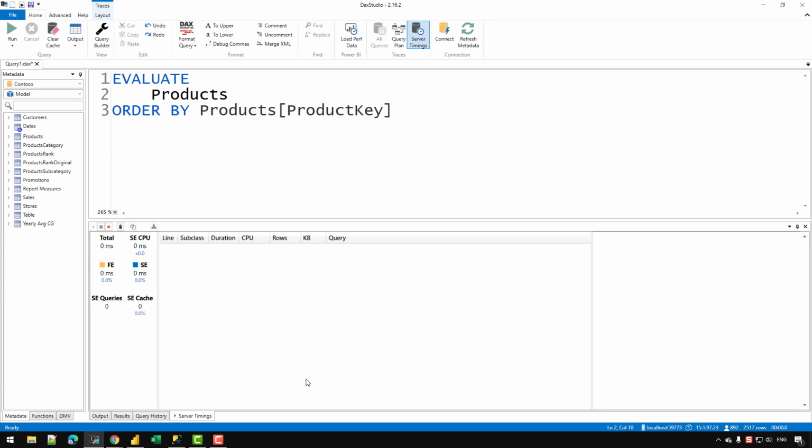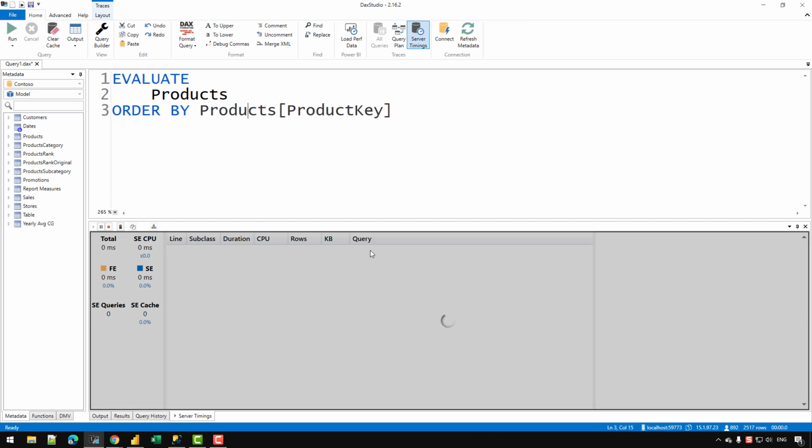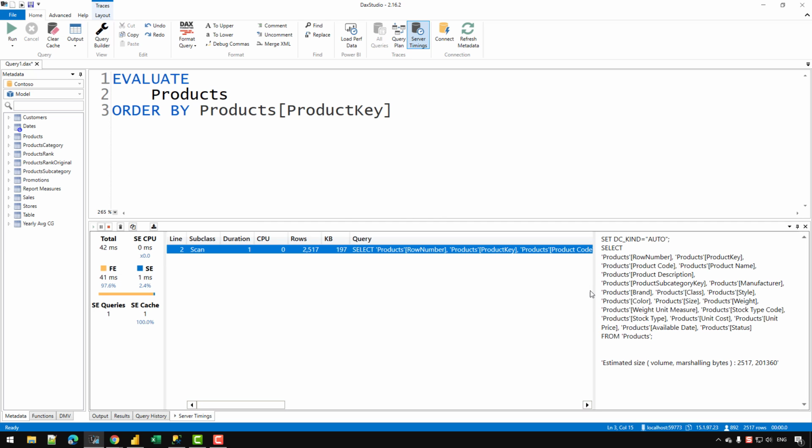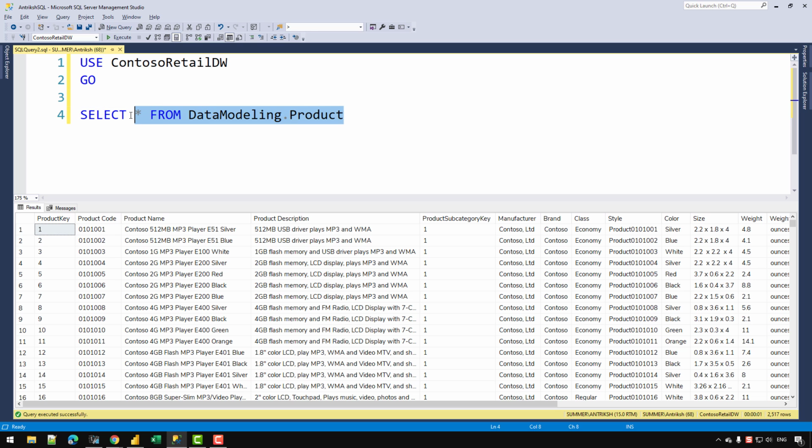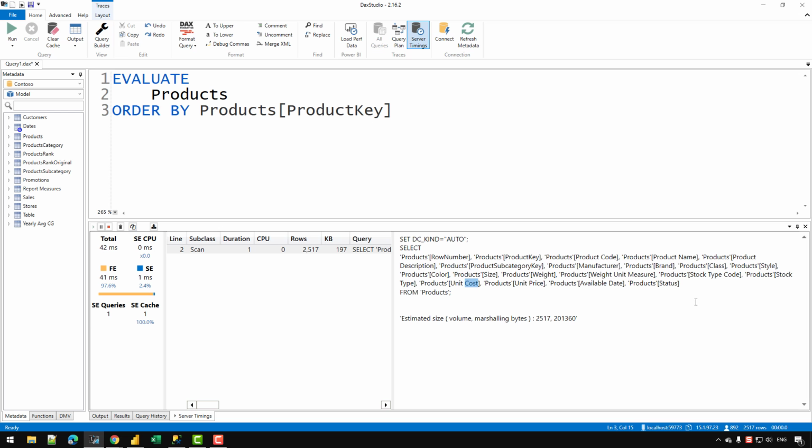If I select that and press F5 once again, you can see that the DAX engine has executed code which is selecting all the columns of the products table, which is exactly similar to writing SELECT star FROM DataModeling.Products. That's what I wanted to show you: behind the scenes the code is actually executing in a SQL format, even though internally it is binary text, but for us it is converted so that we can read it.